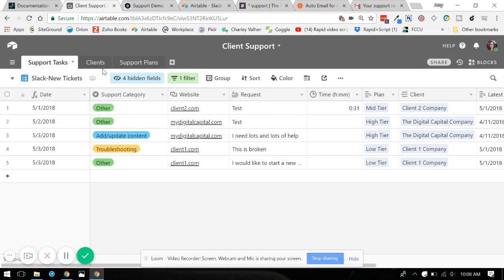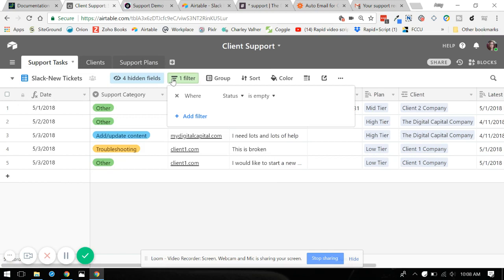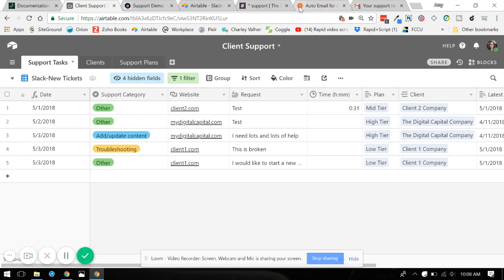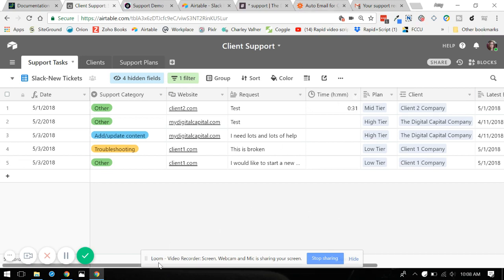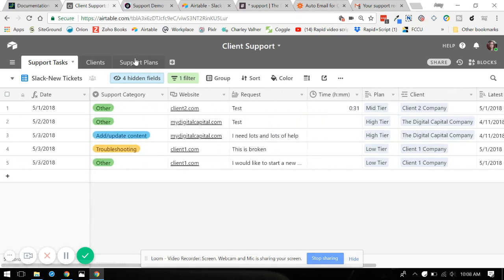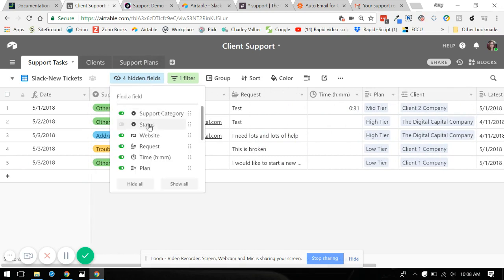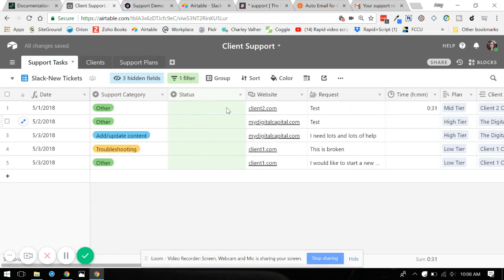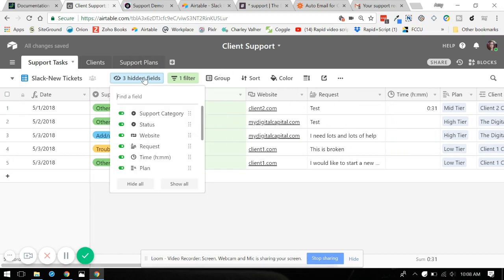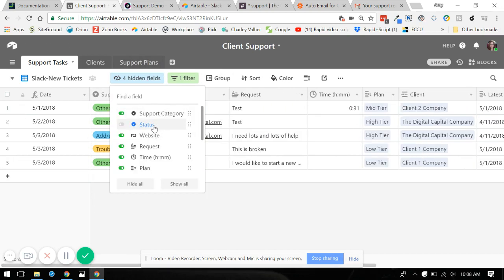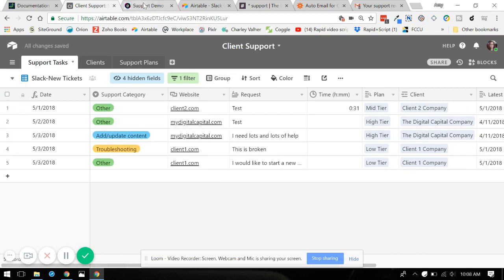So Slack, new tickets. I have a filter, and new tickets means the status of the ticket is just empty. Let's see, where's that field here? I probably got it hidden. Yes. So this field here is empty because we haven't started it yet and we haven't completed it yet. And anything that filters in there is going to ping over to Slack